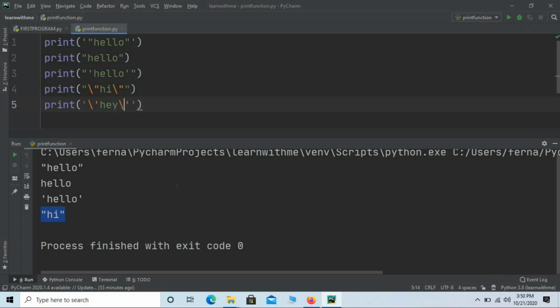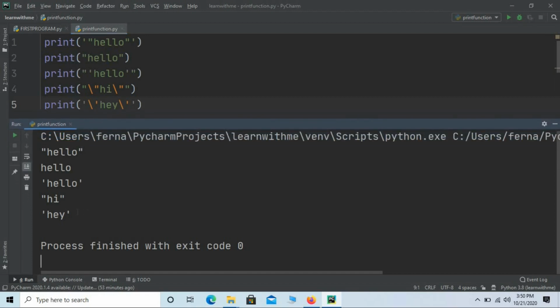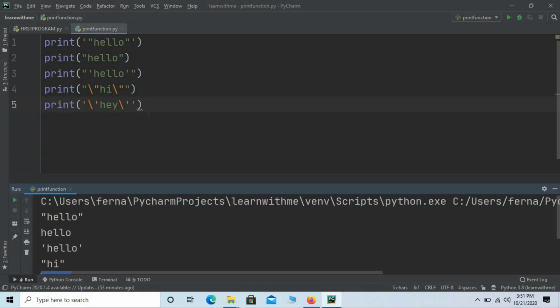Now if you observe, my error is gone. I will save the program and rerun the program, and if you observe in my output, I have got hey within single quotes. That is, I can use a single quote within the opening and closing single quotes of the print statement. All I need to do is use a backslash.